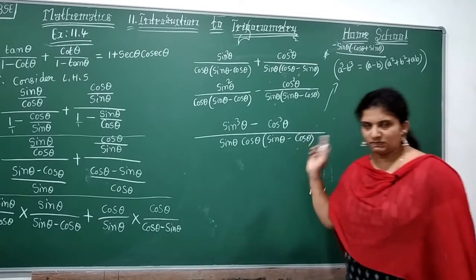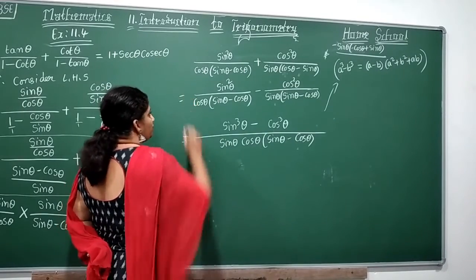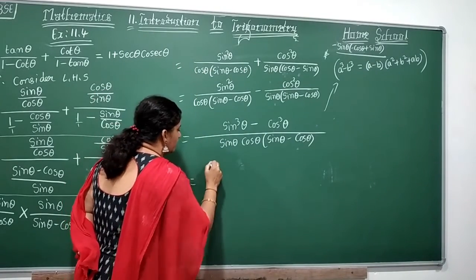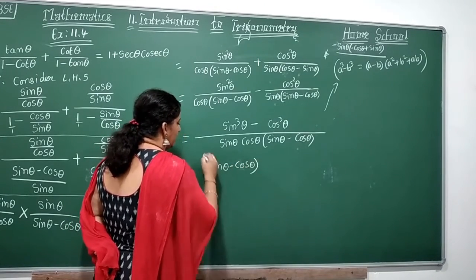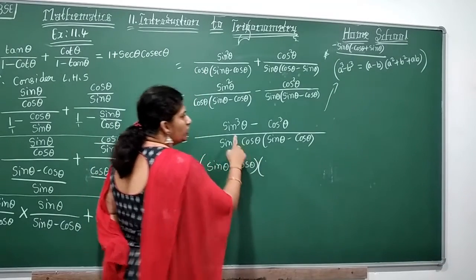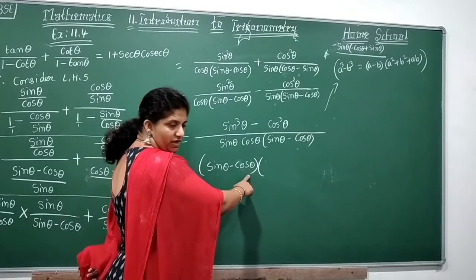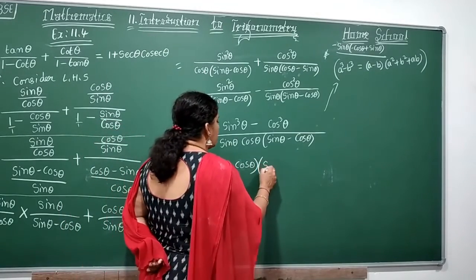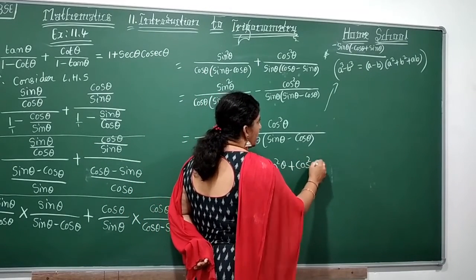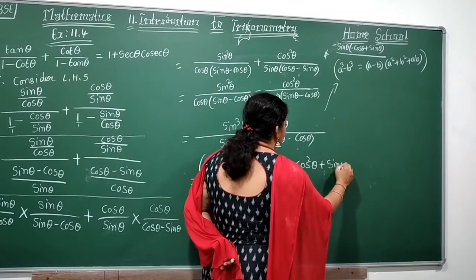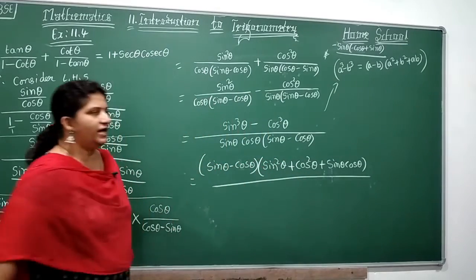Okay, let's split that using that formula. That is equal to, what are you going to get here? Sin theta minus cos theta into, look here, children, a value is sin theta, b value is cos theta. A minus b into a square means sin square theta, b square means cos square theta, plus ab, sin theta into cos theta, whole divided by